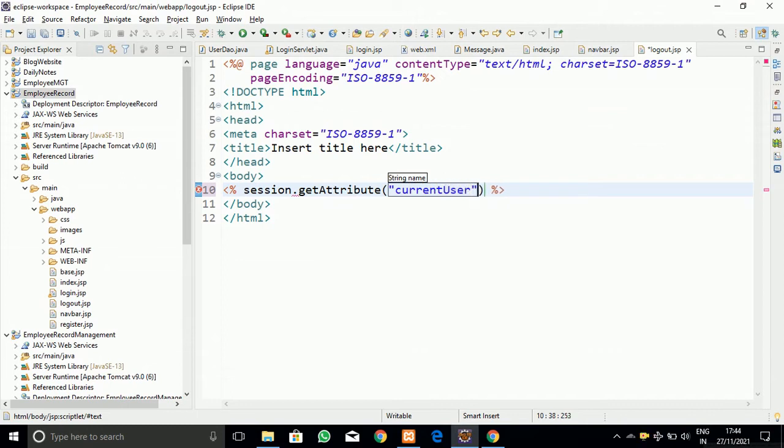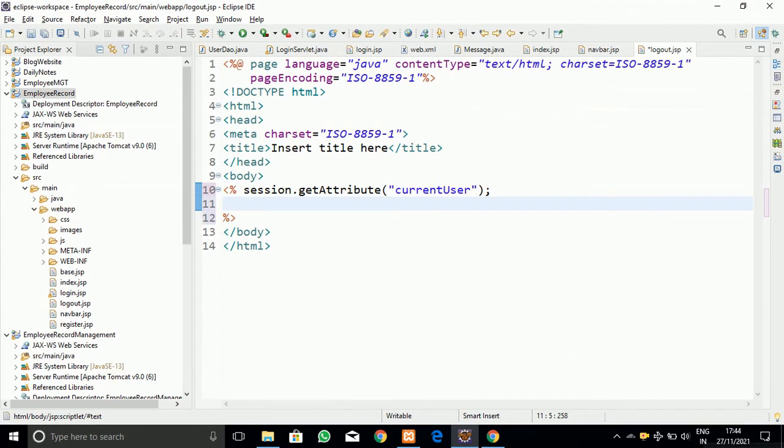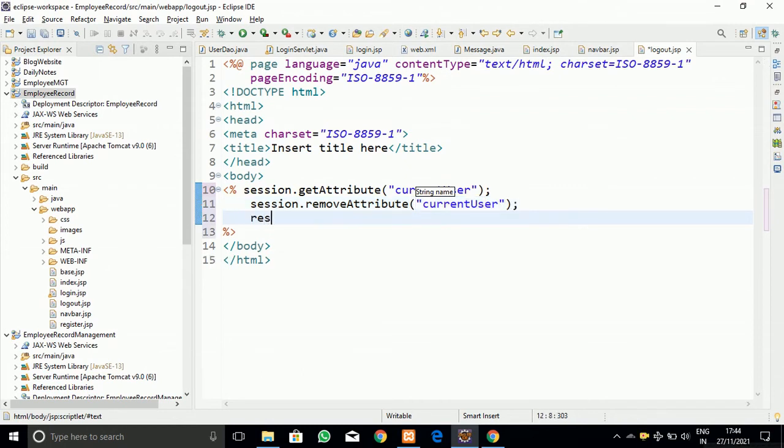And then I will remove that current user from the session by writing session.removeAttribute, the same attribute, currentUser. And into the response I have to redirect to the login page again, so I am going to navigate it to login.jsp.